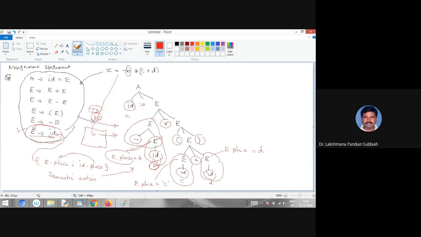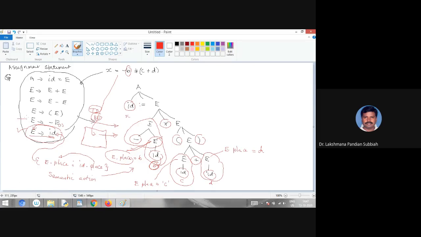Now you see the next reduction is E derives minus E. What action do we have to take here? Consider the left-hand side as E, and the right-hand side as E1. So E.place equal to minus E1.place, you have to take that.